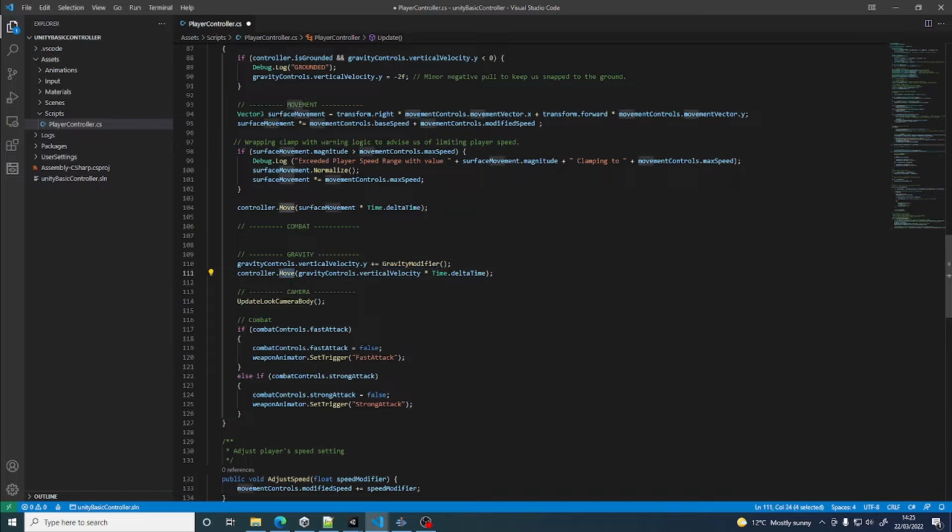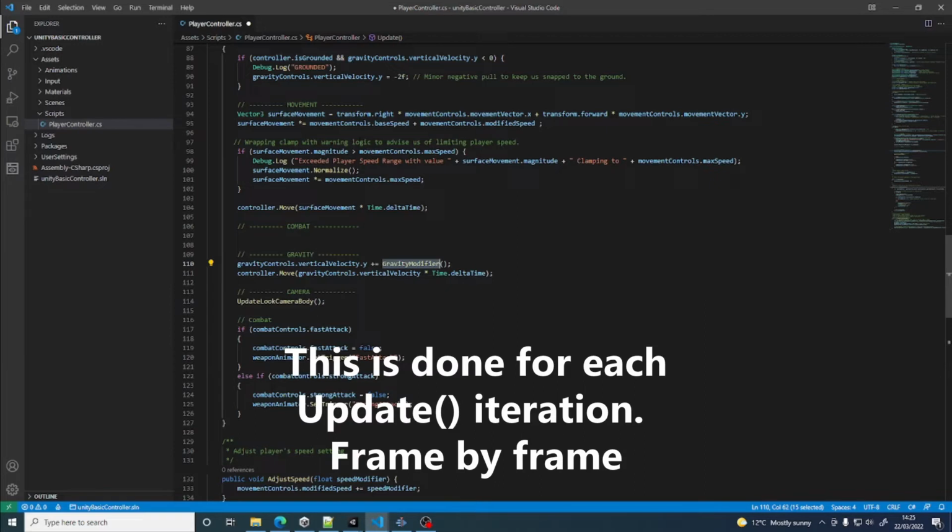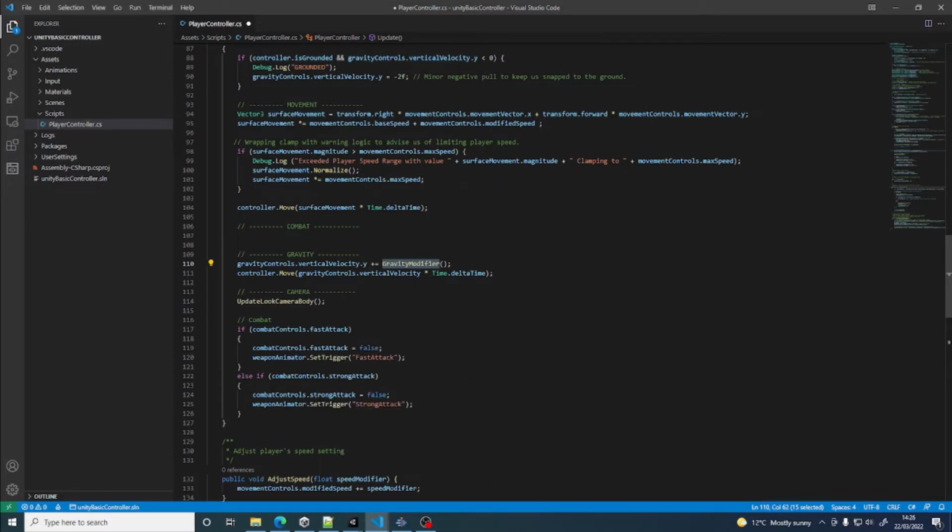We'll make the move happen as we calculate the velocity each time. So it will start at, let's say, 15. So we're starting to really accelerate upwards. But then the gravity modifier will each time reduce it. It will slice away at it bit by bit, and it will reduce it from 15 to 5 to 2 to 0, where we just basically peak at the top, and then it will start descending us by giving us a negative modifier, and we'll go up and we'll come back down until we hit the